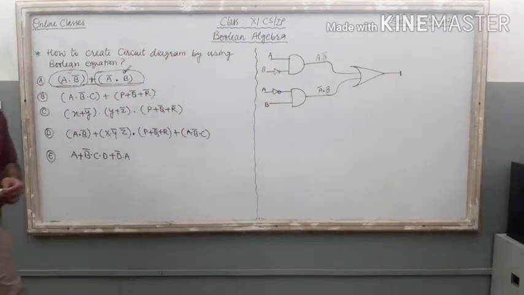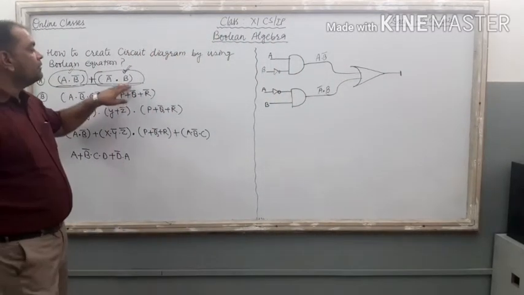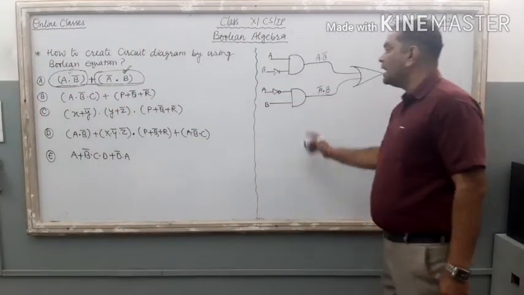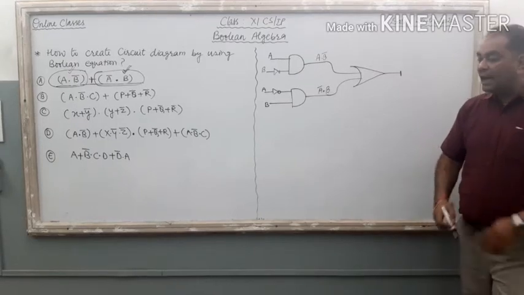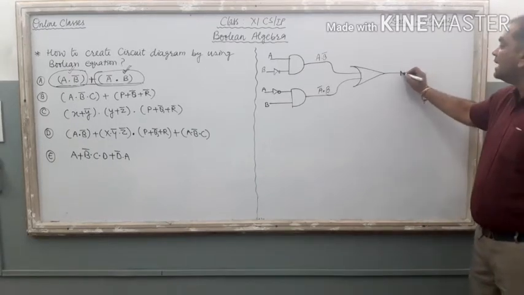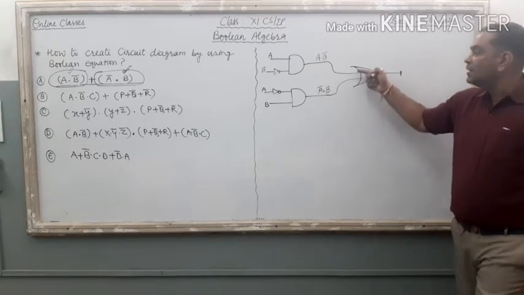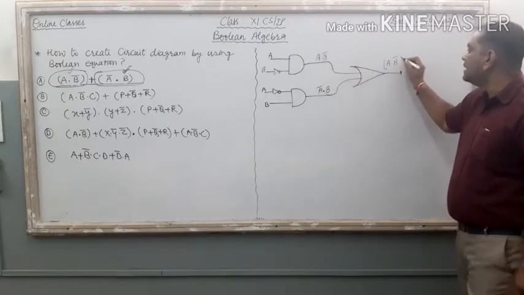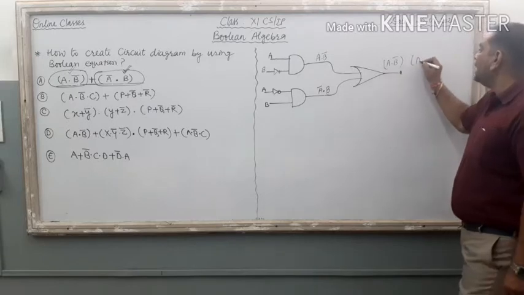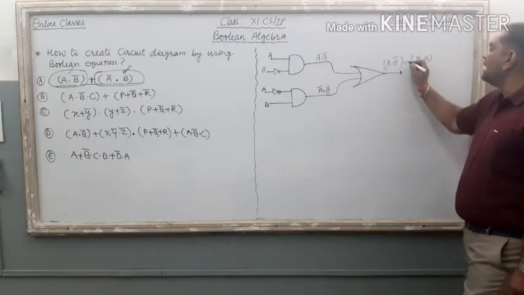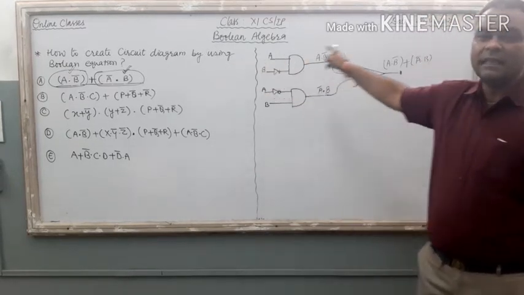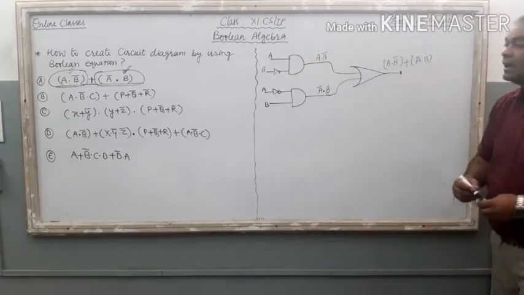This is the logical circuit diagram of the first equation. Just check it out. Circuit diagram of the first equation. And if you want to know what is the resulting equation over here, it is OR gate. The first input signal is A dot B bar. So just write it. The second input signal is A bar dot B. Again write it and use plus. Check this one. The same equation is there with this logical circuit.